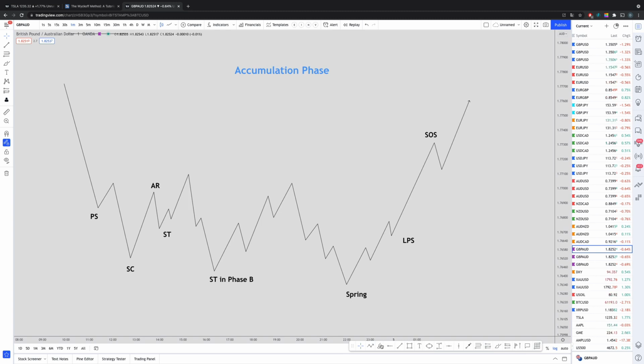Now, the thing is, if an institution would just press the buy button, price would go like that. So they can do this. But if they pushed the price like that to the upside, they would be at a loss. Because an institution makes money by trapping people. And if a market just spikes to one side, you will not make the biggest outcome that's possible. It is much better for an institution if they are taking out people on both sides, so people who are buying and people who are selling.